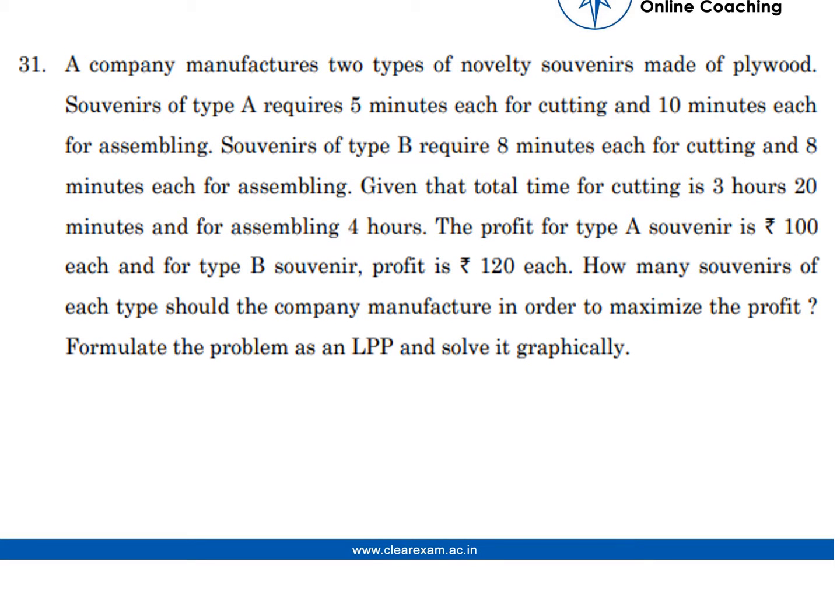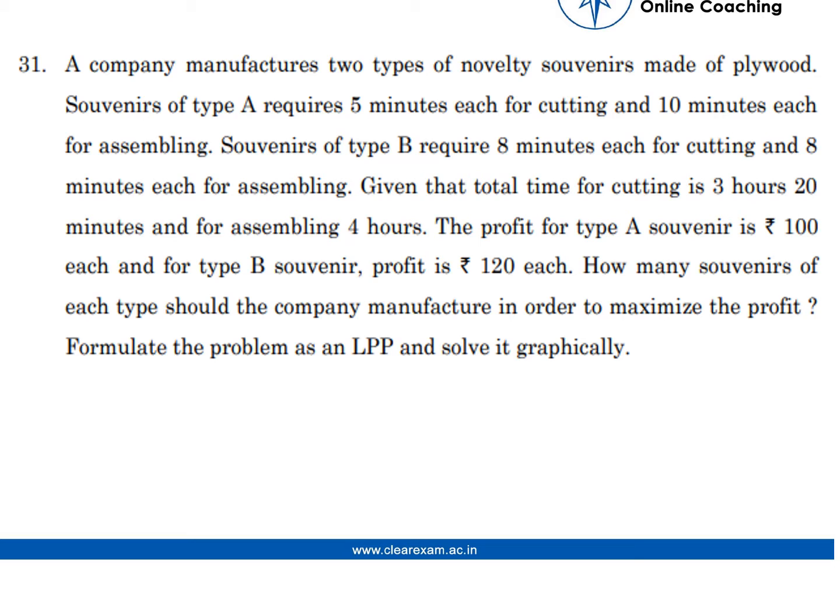So the question is, a company manufactures two types of novelty souvenirs made of plywood. Souvenirs of type A requires 5 minutes each for cutting and 10 minutes each for assembling. Souvenirs of type B require 8 minutes each for cutting and 8 minutes each for assembling. Given that the total time for cutting is 3 hours 20 minutes and for assembling is 4 hours, the profit